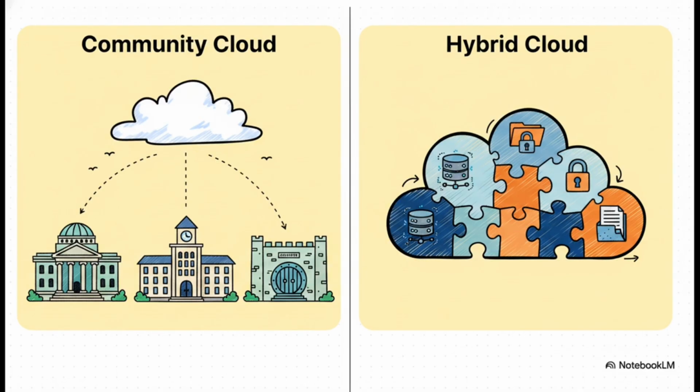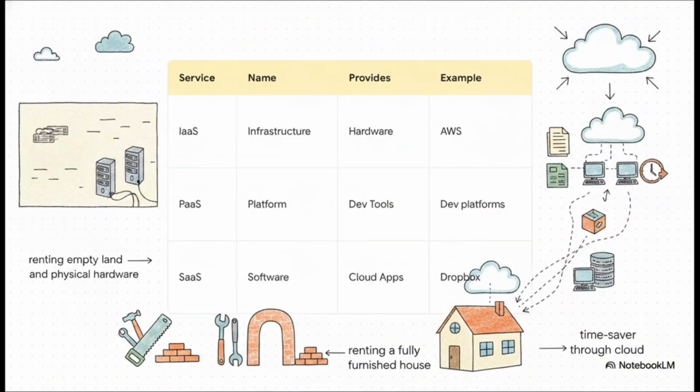Now, a fantastic middle ground is the community cloud. Let's say your archive teams up with other local archives or universities to share server costs. You're building a highly efficient community cloud. You all share similar needs and you have a say in how security is maintained. Finally, a hybrid cloud is exactly what it sounds like. A custom combination of multiple cloud types, giving you a tailored fit for more complex archival setups.